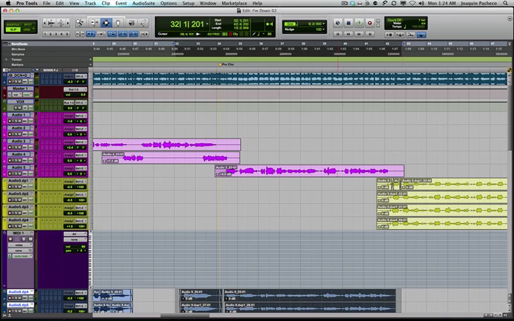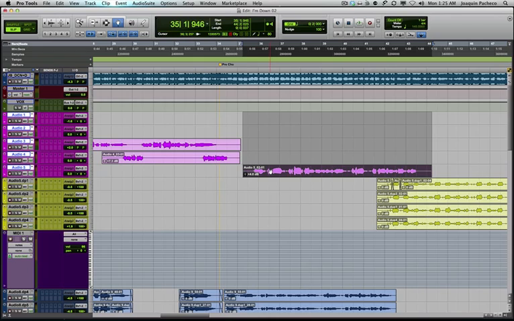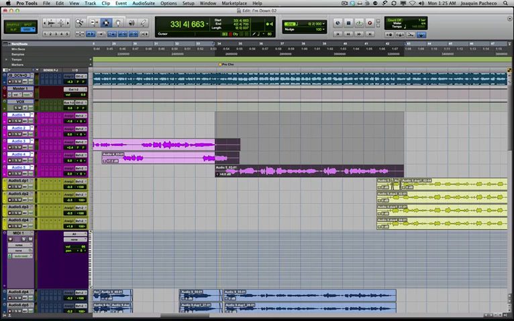It's pretty cool. Okay, so now selector tool, grabber tool, should be easy. Grab something, move it. Boom. If you're in slip mode, you gotta be careful. If you're in grid mode and everything's snapped into the grid,